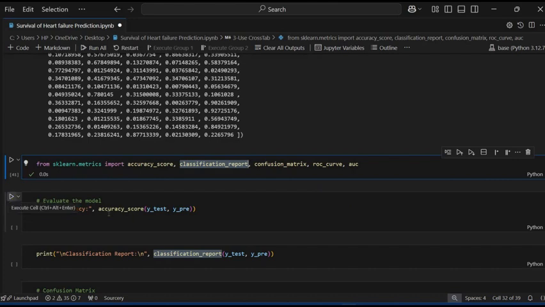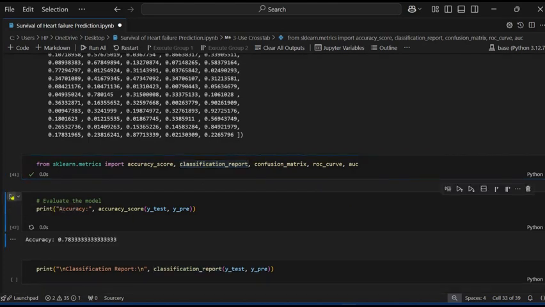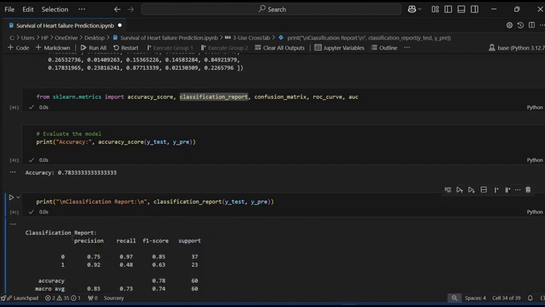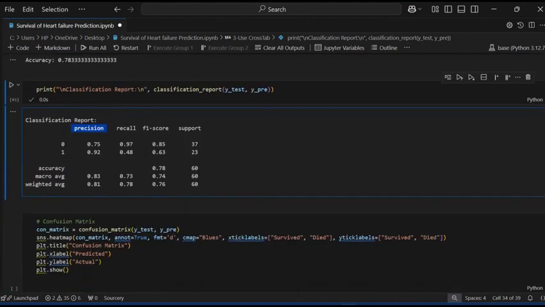Okay, so first we see the accuracy. How much accuracy does the model have? So it gives the accuracy as 78%. Now classification report. In the classification report you can see the precision, recall, F1 score, support.